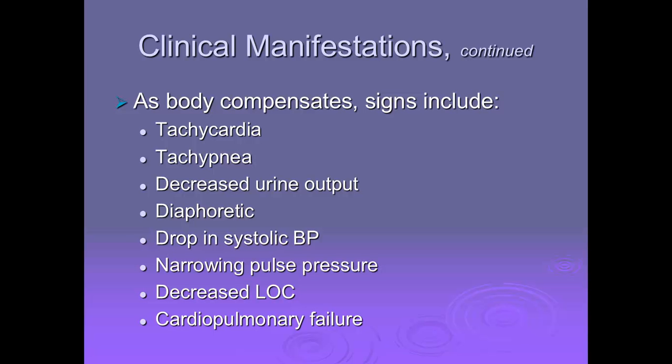In the irreversible stage, the blood pressure is severely hypotensive. The systolic pressure is often less than 80 millimeters of mercury. Pulse is very rapid and weak. Respirations are rapid, shallow. You will hear crackles and wheezes on auscultation of the lungs. The skin is cool, pale, mottled with cyanosis. Their mental status is disoriented, lethargic, and comatose. Now they have anuria, so they don't have any urine output. Other findings are loss of reflexes, decreased or absent peripheral pulses.